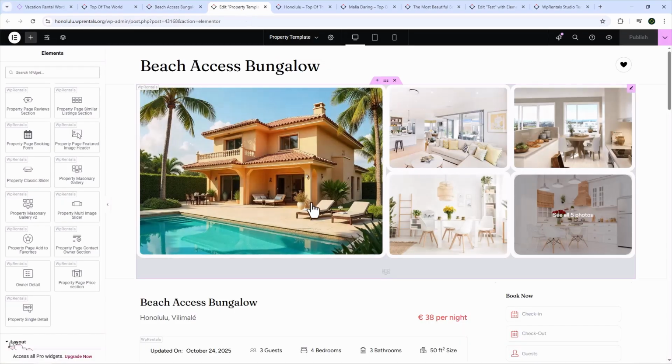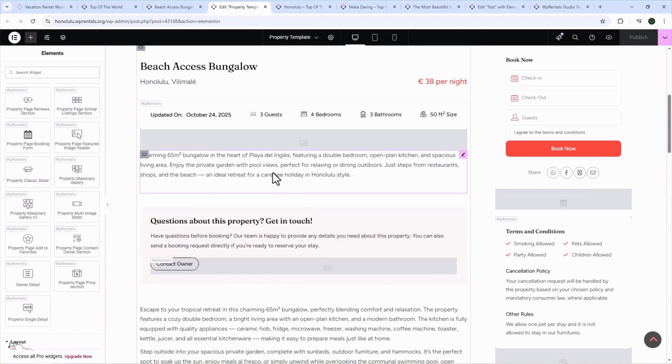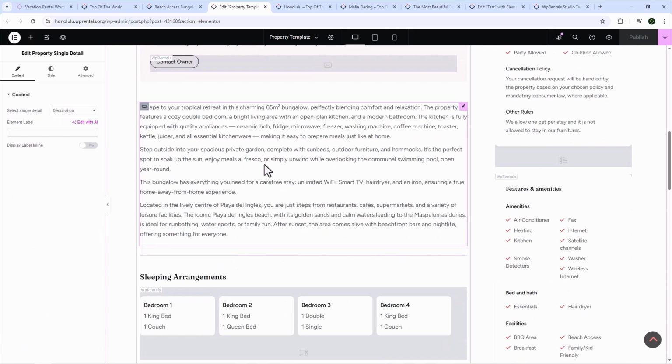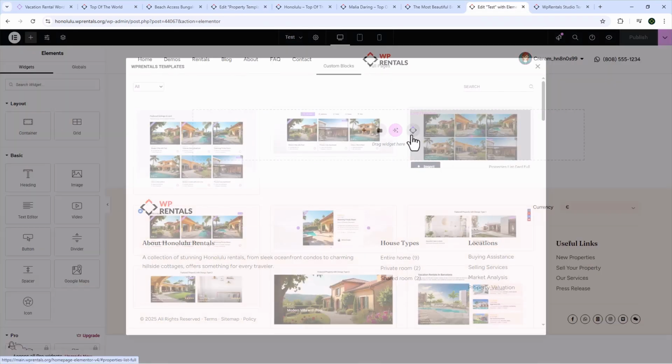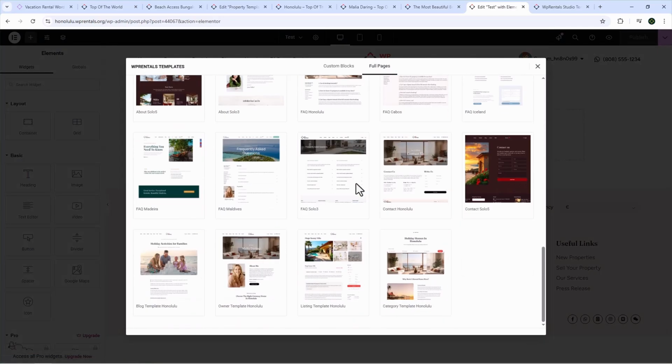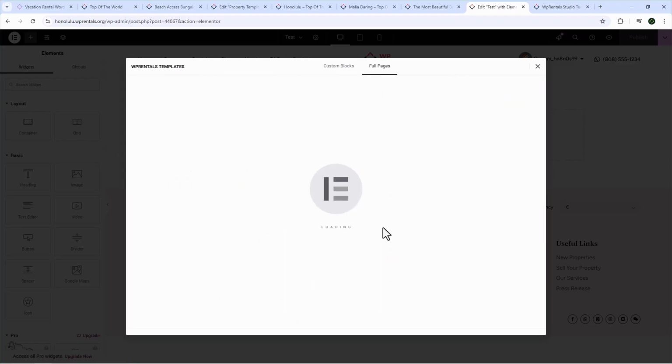Our team has already built professionally designed templates to help you get started. You can use them as is or make simple visual changes to match your style. More than that, every template from our demos, like Honolulu demos, can be imported into any WPRentals site via the new Studio template system. This means you can get the design you love with just one click and then modify